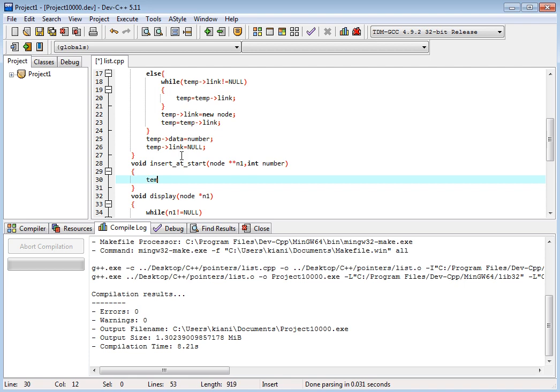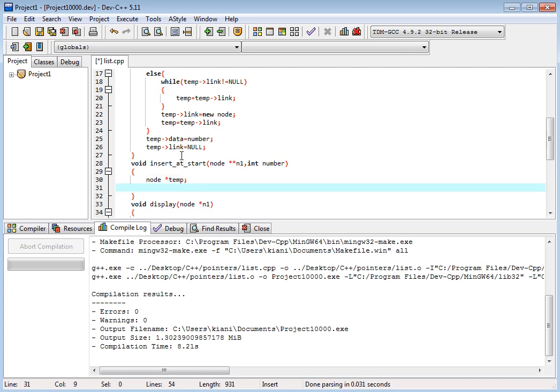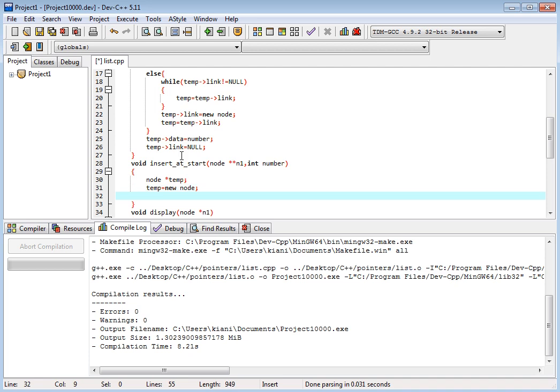Okay, we will pass the number. We will insert at start of the list. Okay, we have node pointer to temp, and we allocate the memory. Temp is equal to new node. We allocate the memory. Now memory has been allocated.